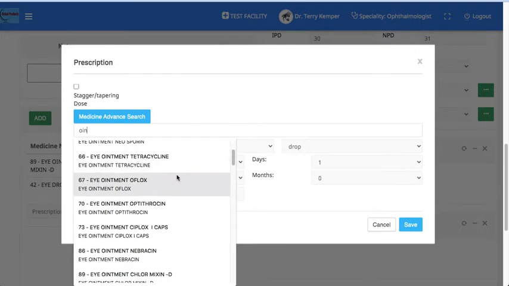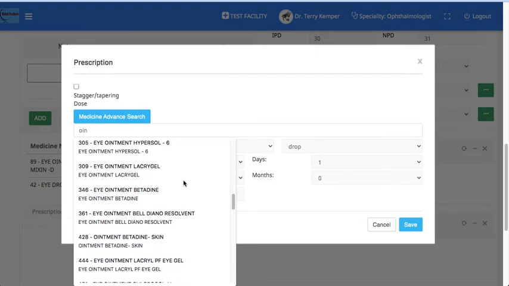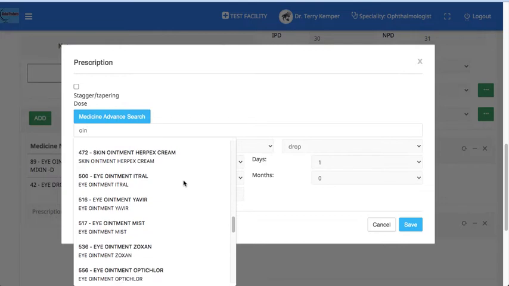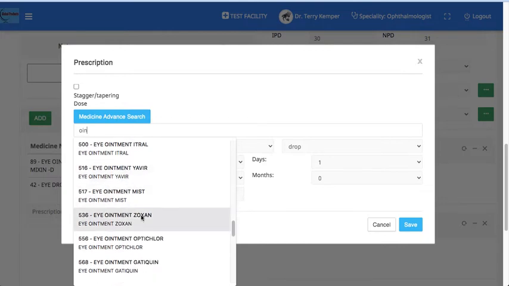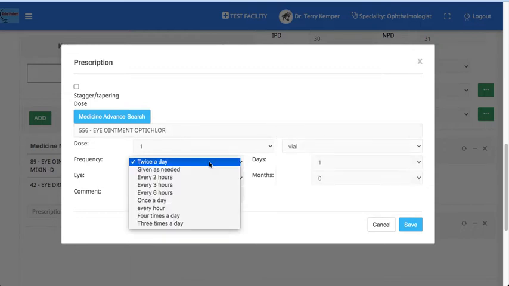Similarly, eye ointments, and options have been given, such as frequency, twice a day.